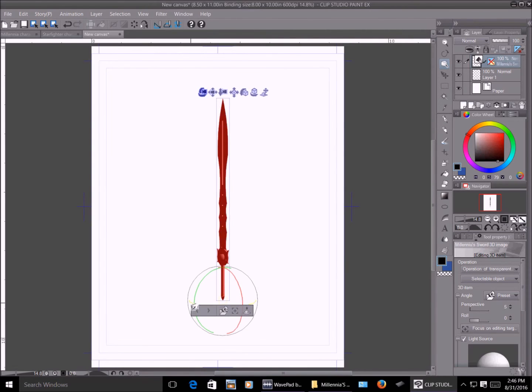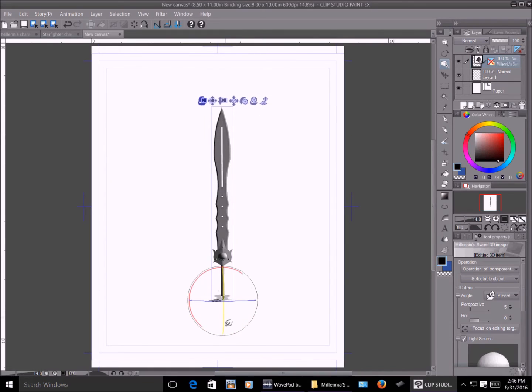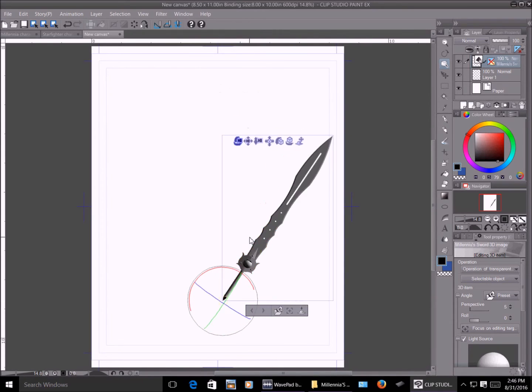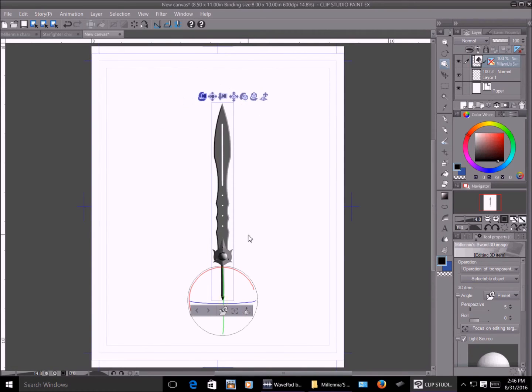And I could rotate it. I could tilt it. If you're familiar with the controls on Manga Studio, then this won't be too much of a surprise how you can adjust it.